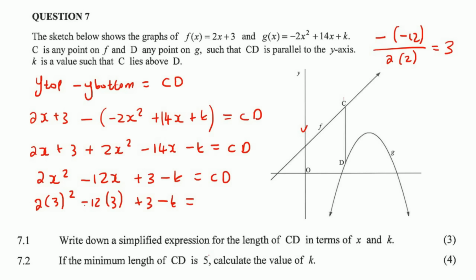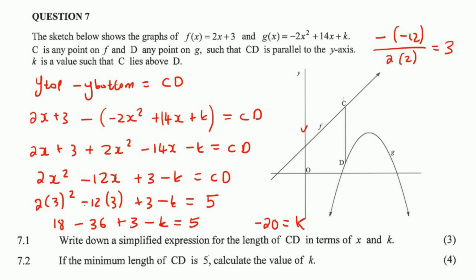And then we know that when we do that, the length of CD is 5. And then we can just go solve for k. So it'll be 18 minus 36 plus 3 minus k equals 5. I'm going to take k over to the right-hand side. And if you guys are to solve this, it's pretty straightforward. We should end up with k being negative